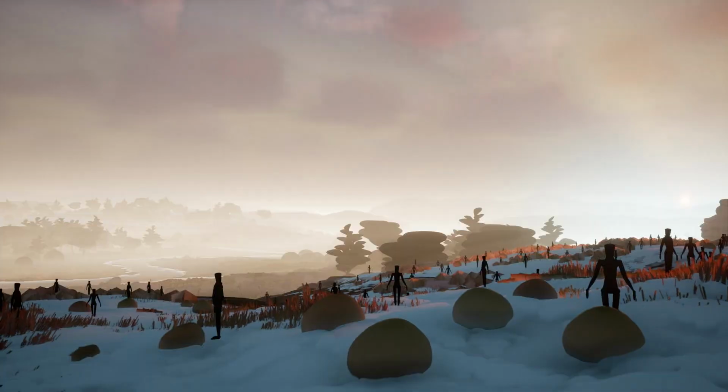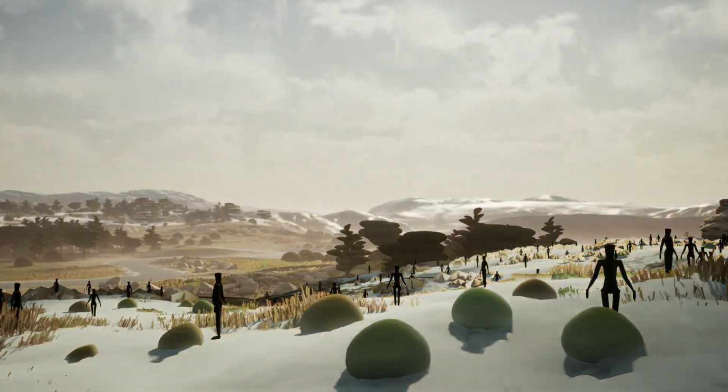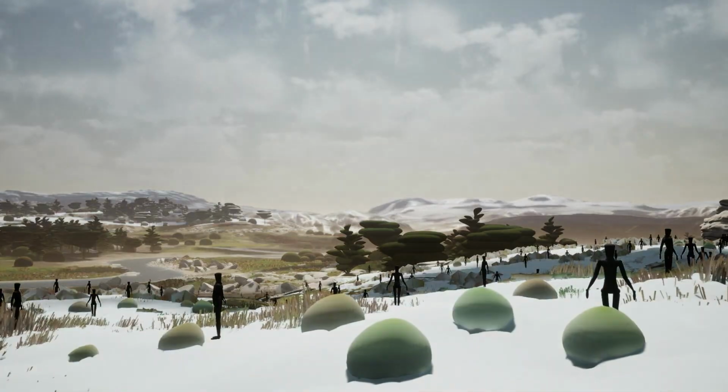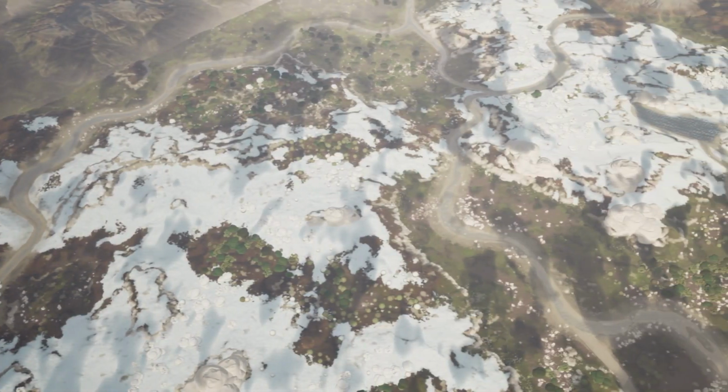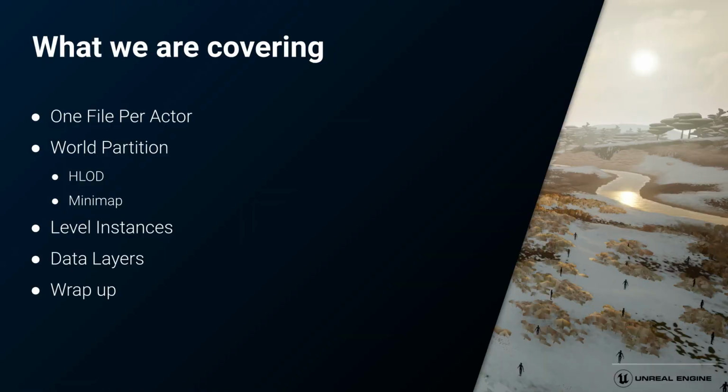Despite its popularity, open world creation has continued to be a difficult task for many developers. But with the release of Unreal Engine 5, creating these open worlds has never been easier. In this talk, I'm going to give a complete overview of the new open world features and how to set them up. This includes one file per actor, world partition, hierarchical levels of detail, or HLOD for short, minimaps, level